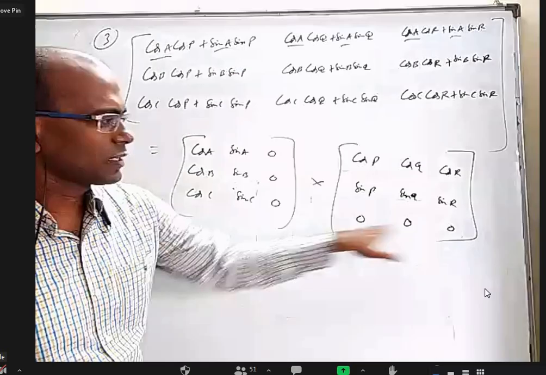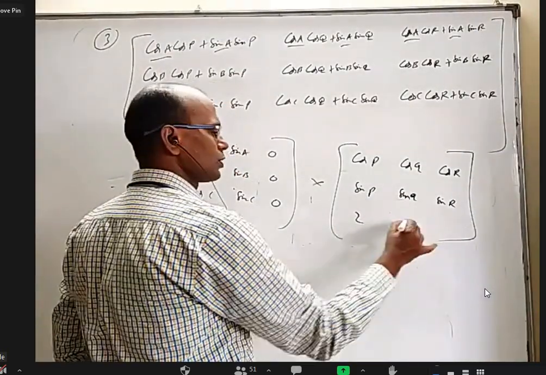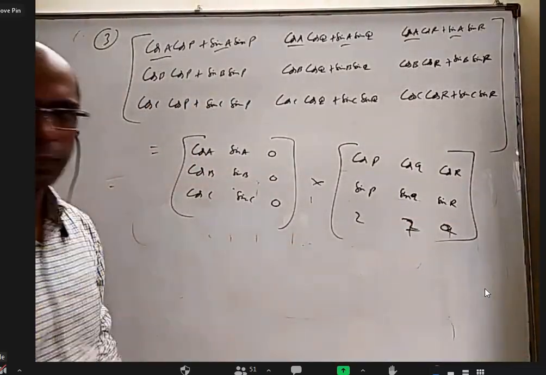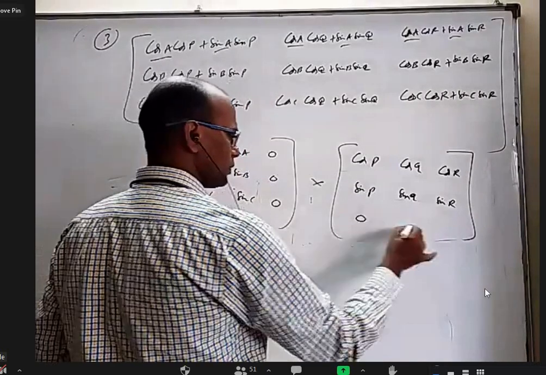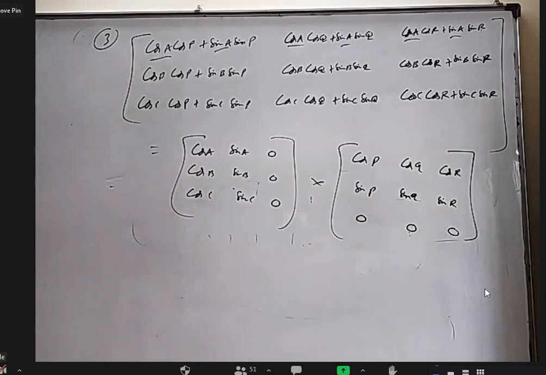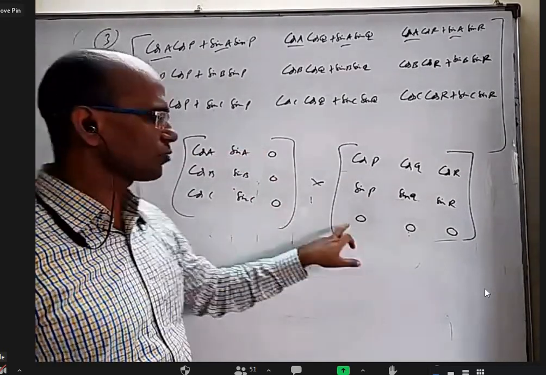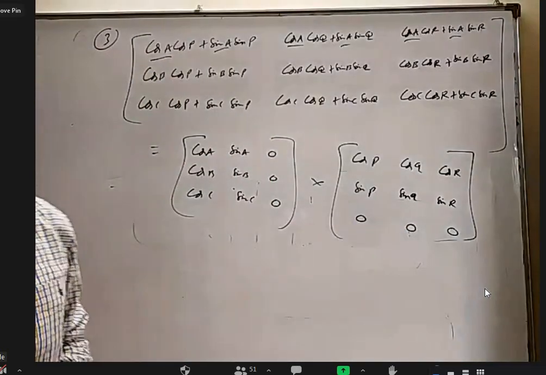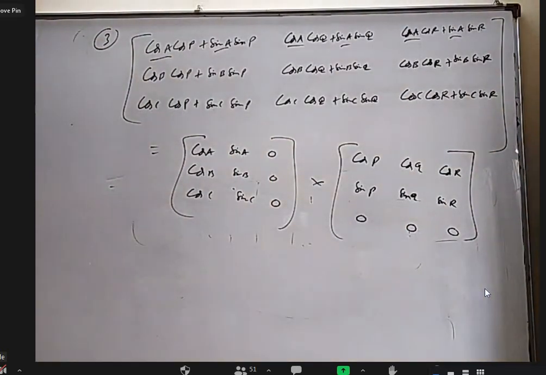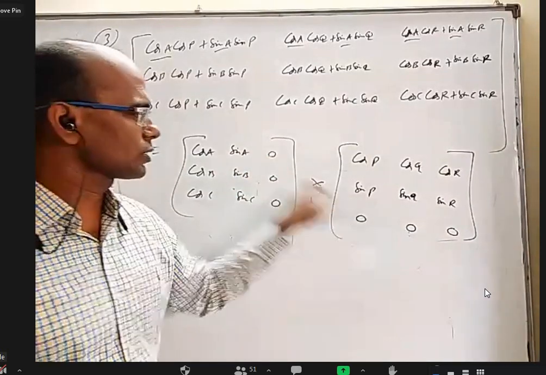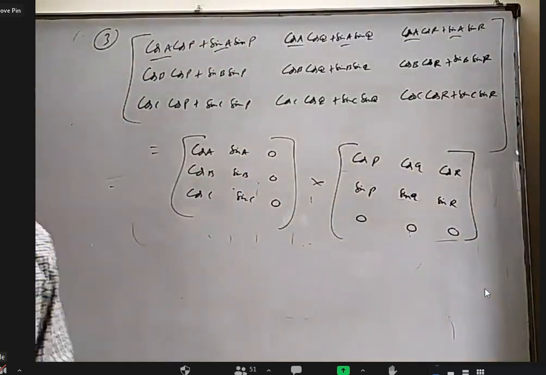Actually, it is not necessary to write zeros here. You can write 2 here, 2 here, 2 here, 7 here, 9 here, because after all, 0 into anything is 0. But anyway, you want to write 0. Sir, can we write 1? No, you cannot write 1, 1, 1 here and 1, 1, 1 here, because then plus 1 will come. Either this should be 0 or this should be 0. One of them has to be 0, and for the other you can take whatever. I don't mind what you take here, but this into this, this into this, this into this, all of them should come 0.